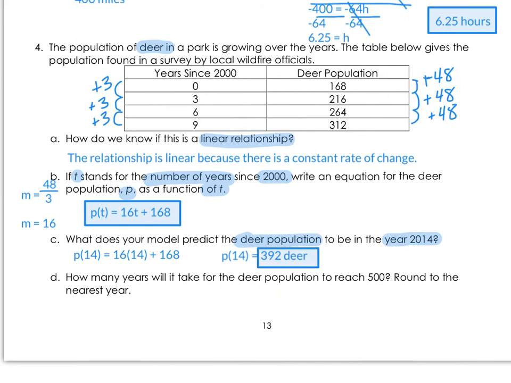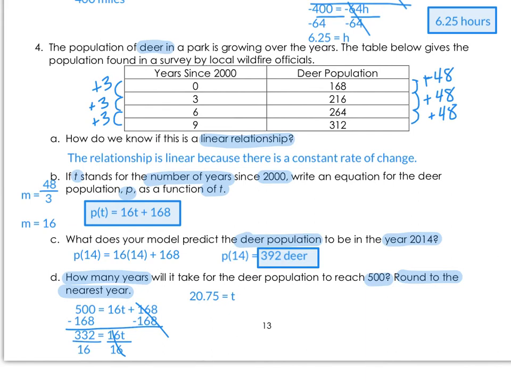And the last question says, how many years will it take for the deer population to reach 500? And we need to round to the nearest year. So now I know that the output is 500. So I'm going to put that in place of the y value. So 500 equals 16t plus 168. And then we just solve for t. Subtract 168 from both sides, which gives us 332 equals 16t, and then to get the t by itself, we divide both sides by 16, and we get